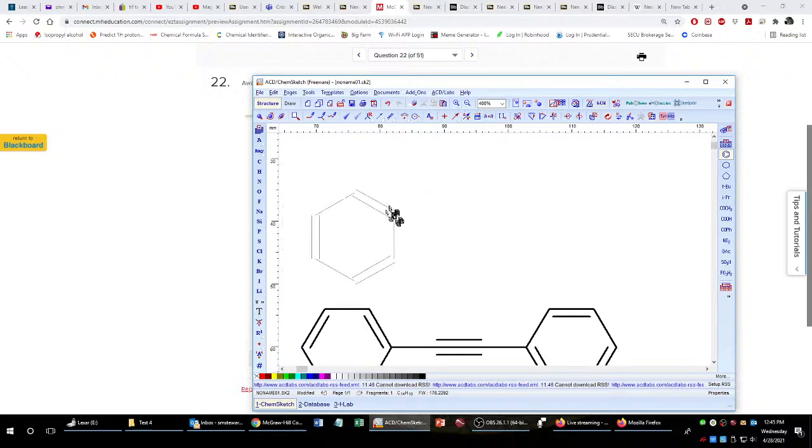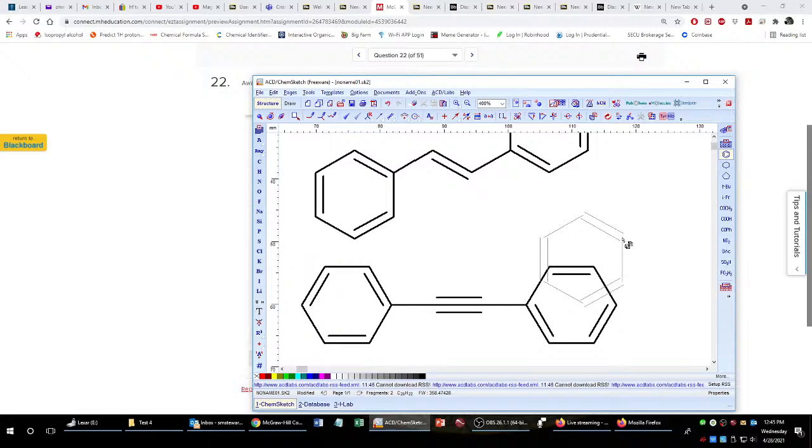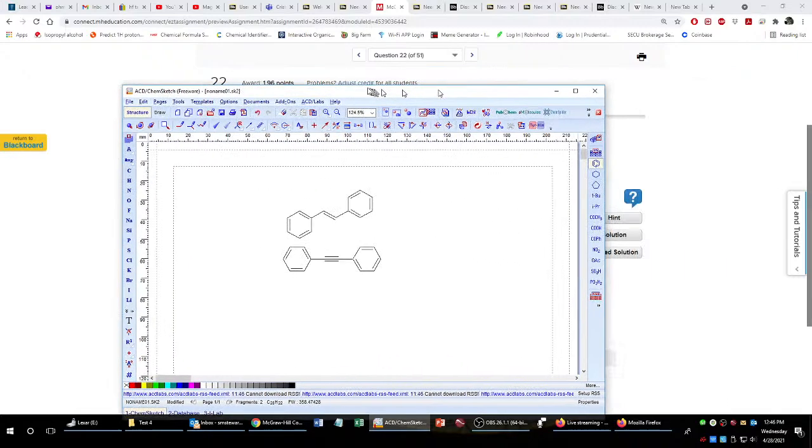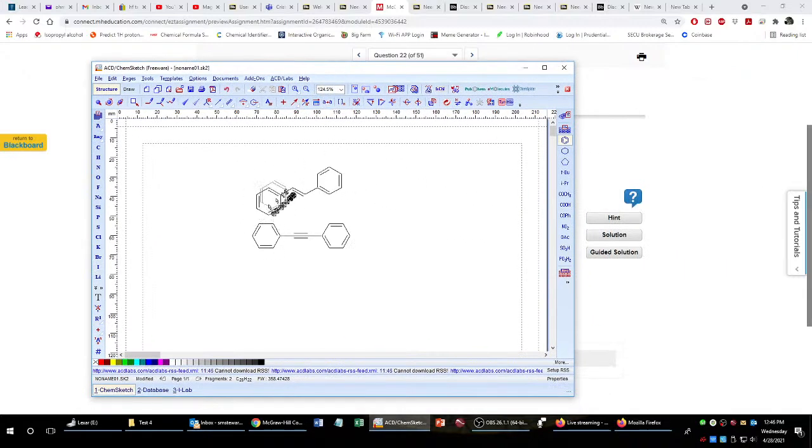So you make that compound from trans-stilbene, which is this compound here. In the lab that's done, you take your starting compound and you heat it. After you make this diphenylacetylene, there is a reaction that students are told to run, and what they have to do is take their compound and heat it in the presence of water. So if you take trans-stilbene and heat it in the presence of water,